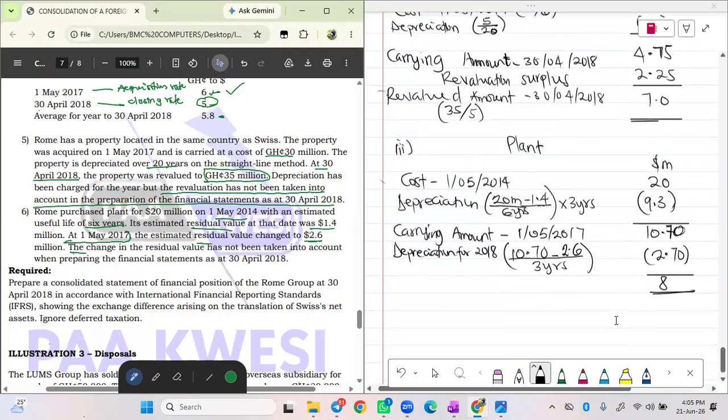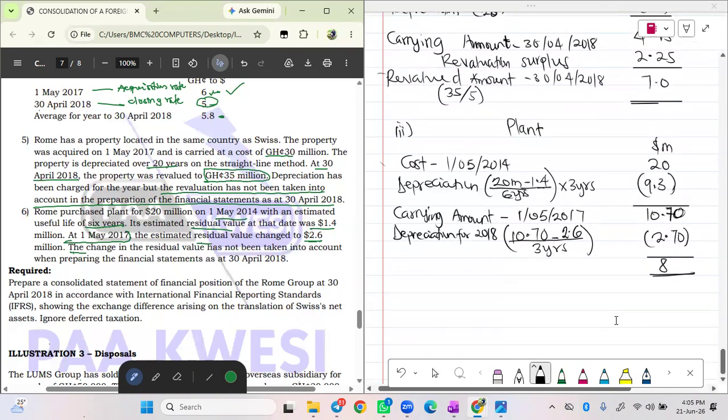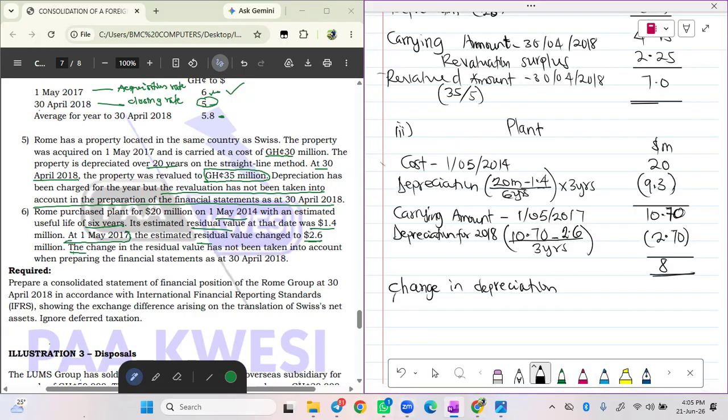Rather, you add this. So you are going to find something called change in depreciation or excess depreciation, but you just name it change in depreciation. So whenever there's a change in residual value to a PPE, this is what you do. So change in depreciation, yes, there will be a change in depreciation because of the changes in the residual value. So what was the original depreciation? The annual original depreciation. The first one we calculated was accumulated. So what was the annual, the yearly